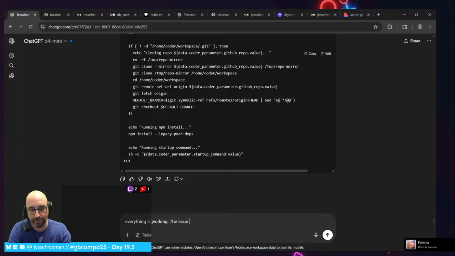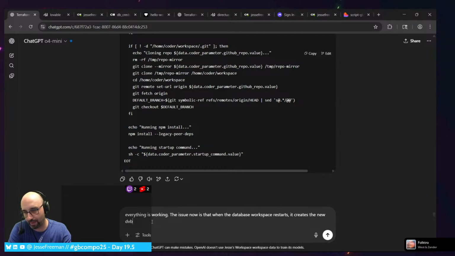The issue now is that when the database workspace restarts, it creates the new DB auth file, but the running front end doesn't know to update.